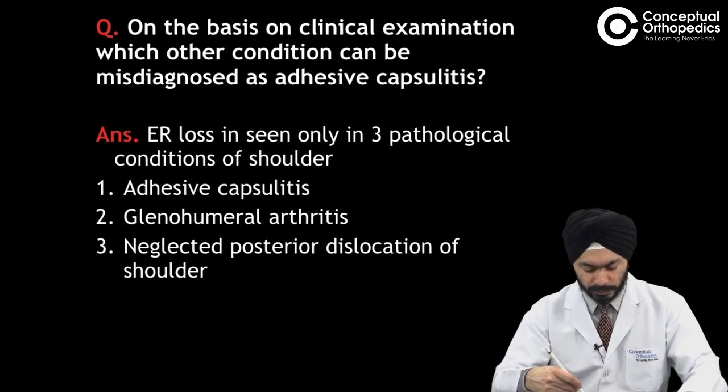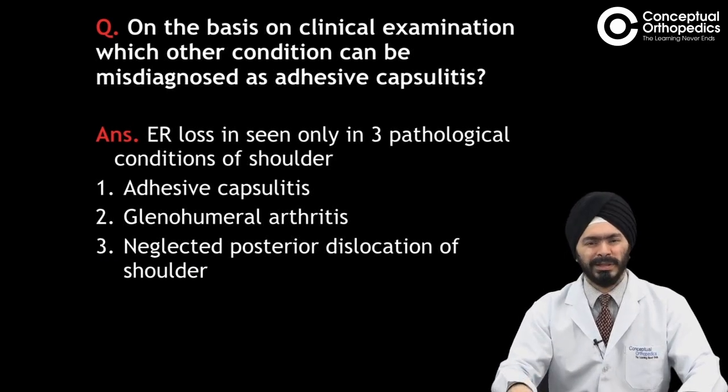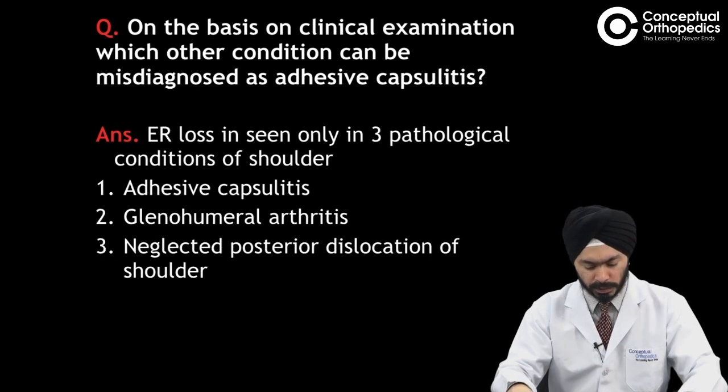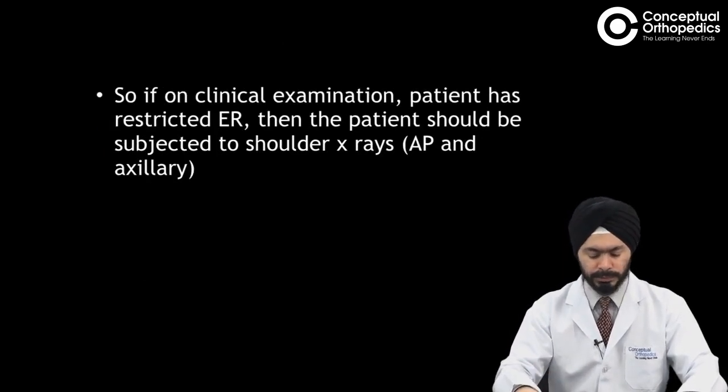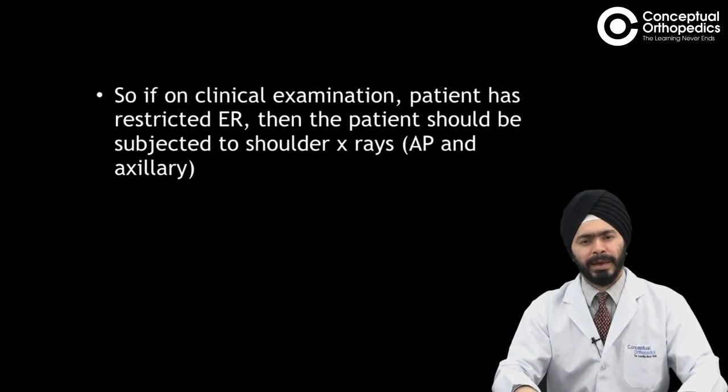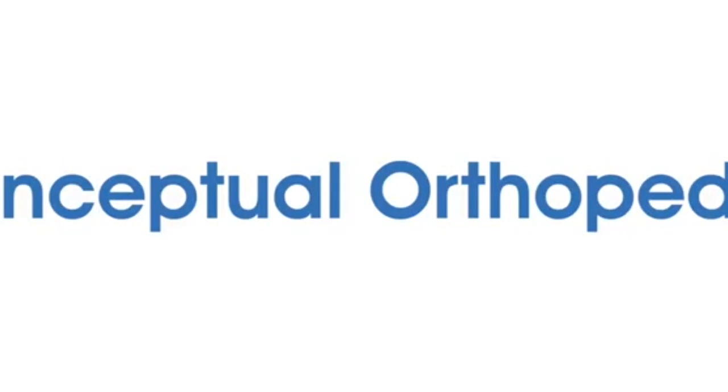So we told that we have to rule out these three DDs of posterior dislocation: adhesive capsulitis and GH arthritis. So you confirm your diagnosis on the basis of an X-ray. So there is a rule of 2 for X-rays for any joint. Always get an X-ray in 2 orthogonal planes. So for shoulder, these two orthogonal planes are AP